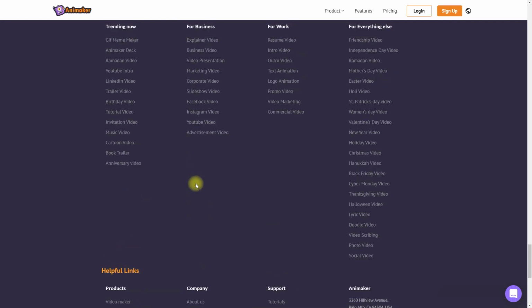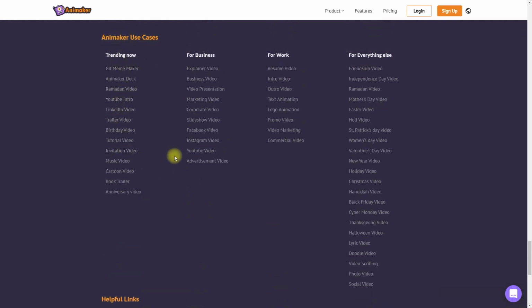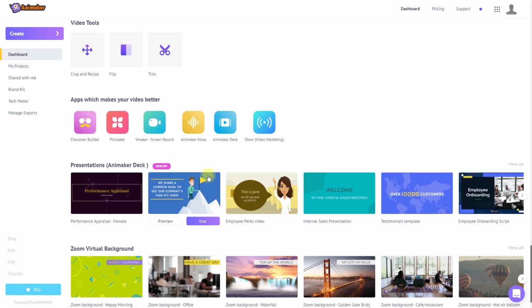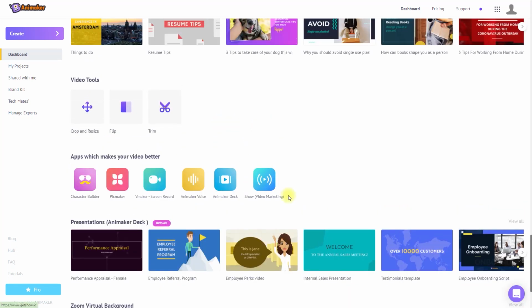Moreover, you can also see a long list of things in the use cases section of Animaker as well. All of this is both good and bad. Good because you have everything you need for your creative needs on social media or any other content creation platforms, and bad because Animaker was originally an animation maker and now that product is getting diluted with so many other unrelated product launches. But again, alongside launching online software in various domains, Animaker is also launching animation related apps embedded inside its platform like Character Builder and Animaker Voice, which are super awesome, and we will be testing them out later in the video.